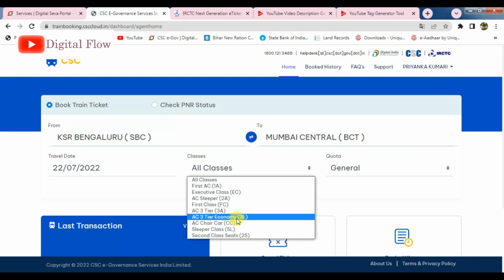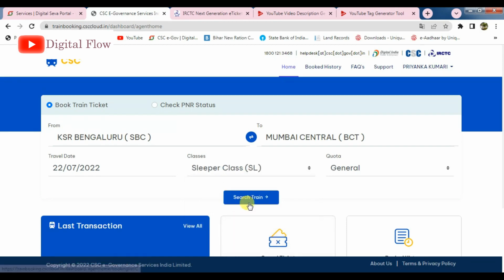I will choose any one. Here only 3 quotas are allowed: general, ladies and tatkal. Other quotas you can't book from this CSC VLE agent ID. I will choose only general. Then we will click on search train.